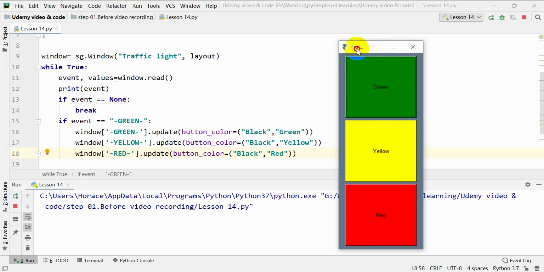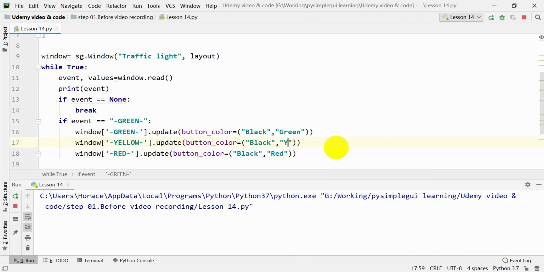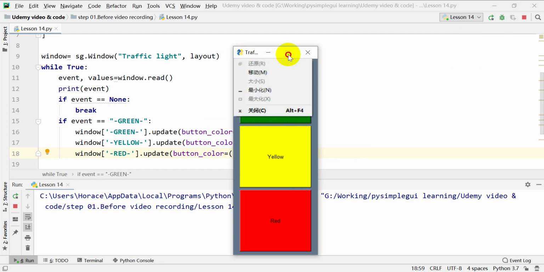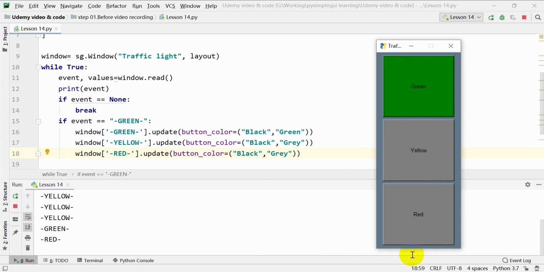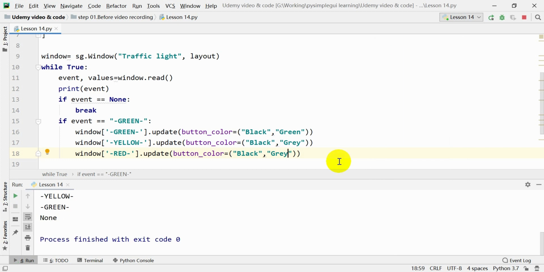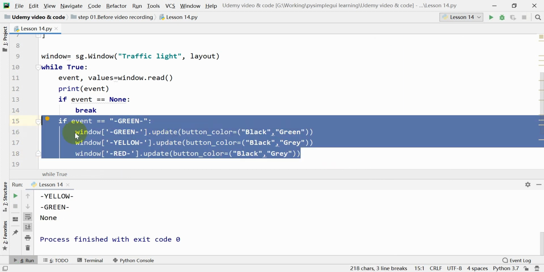Okay, so if I click green, oh, I'm sorry, these 2 should be both gray, because green is the one that's supposed to be picked. So now, let's run it, and, sorry. If we press green, then these 2 turn yellow, just like we wanted. So now, let's code the code for yellow. Pressing yellow, green and red should turn gray, and when we press red, yellow and green should turn gray. Okay. So first,